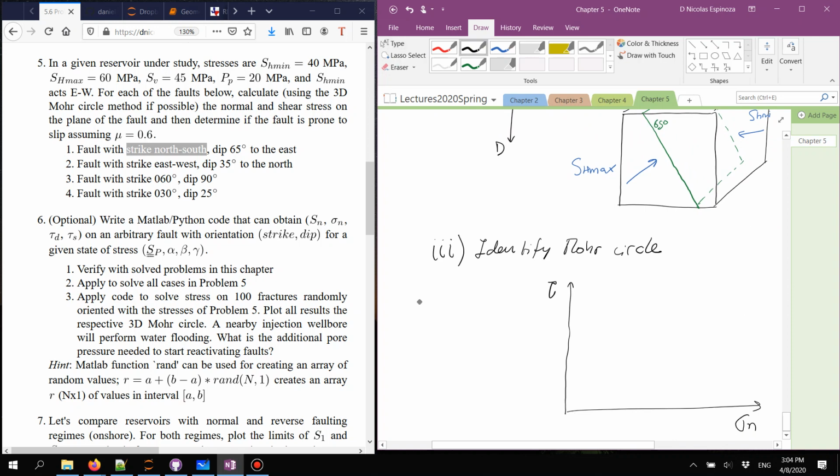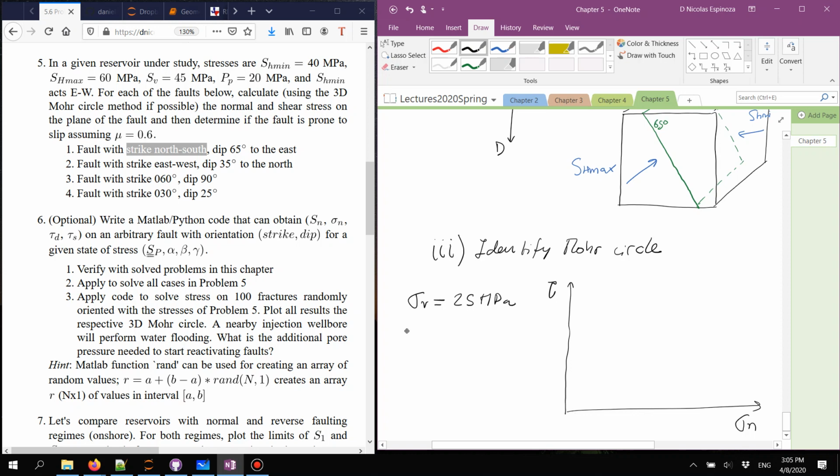Therefore, in this case, sigma v is going to be, I see from the problem, 45 MPa minus 20 MPa. I'm running out of space here. Let me just put the final result. This is going to be 25 MPa,